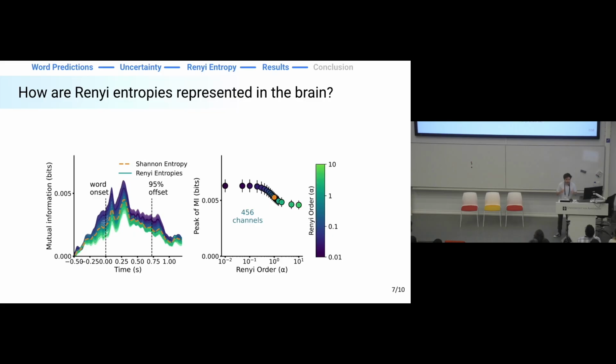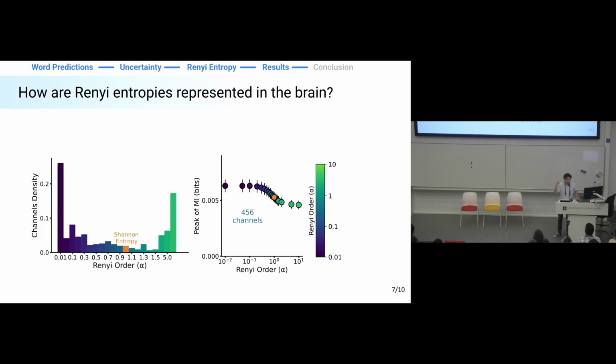When I set out to do this project, I was like, oh, I'm going to find the perfect alpha. I'm going to find the alpha which maximizes brain alignment. And it seems that I found it. Except no, it's a bimodal distribution. Everything just became more complicated now. And also, Shannon entropy, we don't really care, actually. Well, that's fine. Then I'm going to introduce the dispersion and strength.